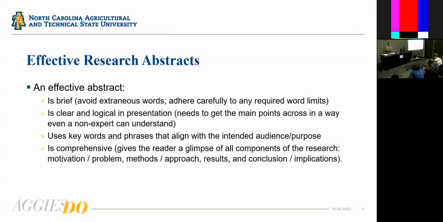And this is the piece we're going to go into in a little bit more detail. You want to make sure your abstract, even though it's very brief, is in fact comprehensive. And what I mean by that is it has to cover a little bit of everything from the whole research project. It has to give somebody an idea of the background, a little bit of what you did, your methodology, what your results were, and why your results might matter. And so the terms we're going to use to look through this are these components of the research. We're going to talk about the motivation and/or problem statement. We're going to talk about the methods and approach. We'll talk about the results, and we'll talk about the conclusion and implications.